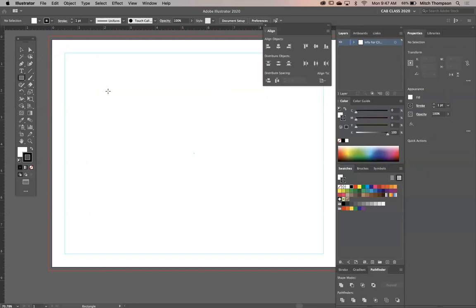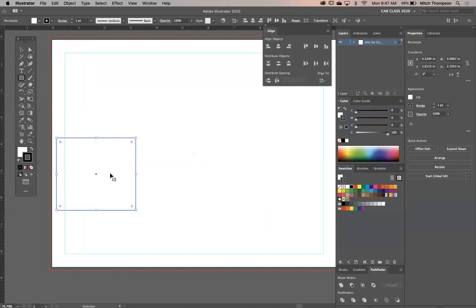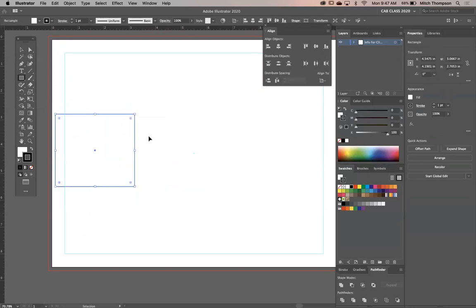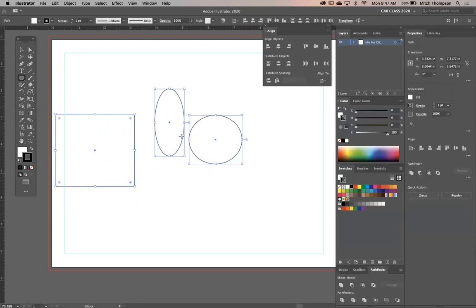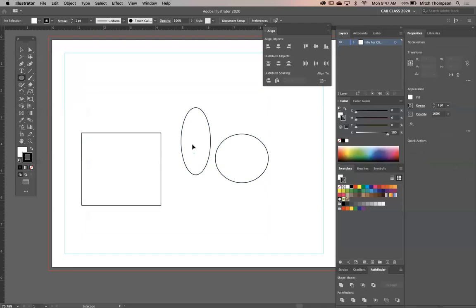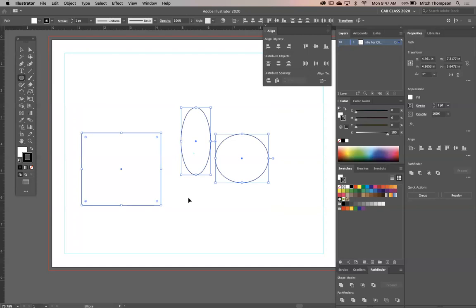Now, locking a guide, of course, is different from locking an object. Locking an object, we do Command 2. So try that with me. Draw a rectangle or any shape for that matter. Try then hit the L key. You can do a few circles. And if we don't use this key very much, try to get in the habit of doing this. Command 2. Awesome. Command Option 2. Awesome.